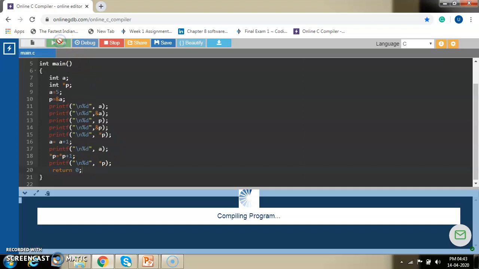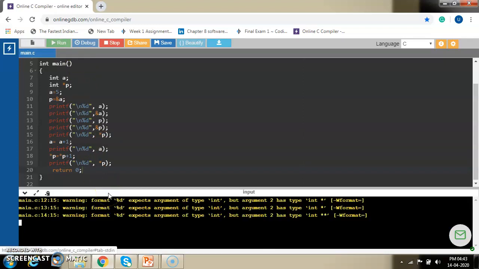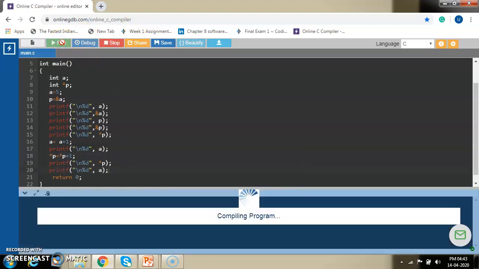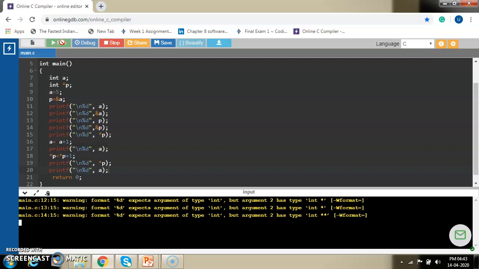Let us see what happens. Okay, so initially the value was 5. If you print A over here, it will print the same. So the thing is, it is a reference, right?